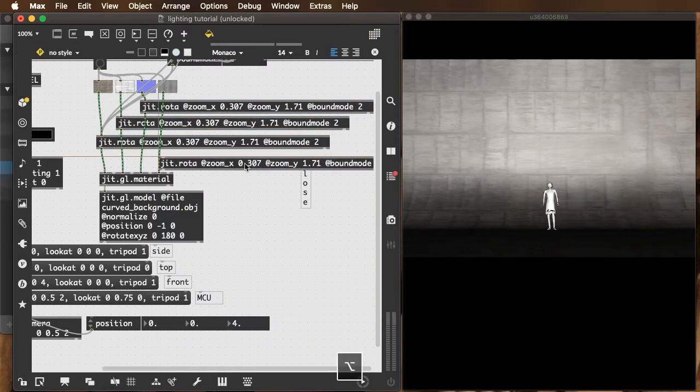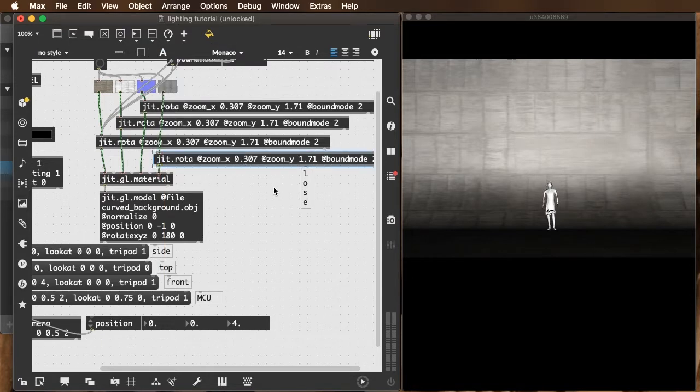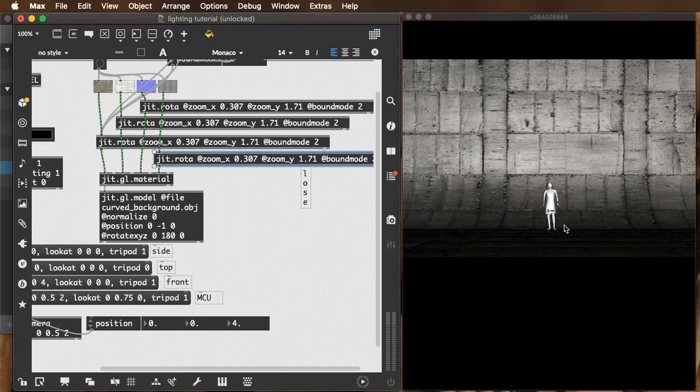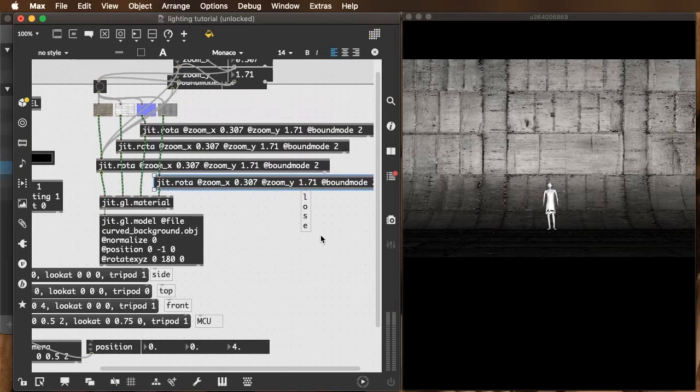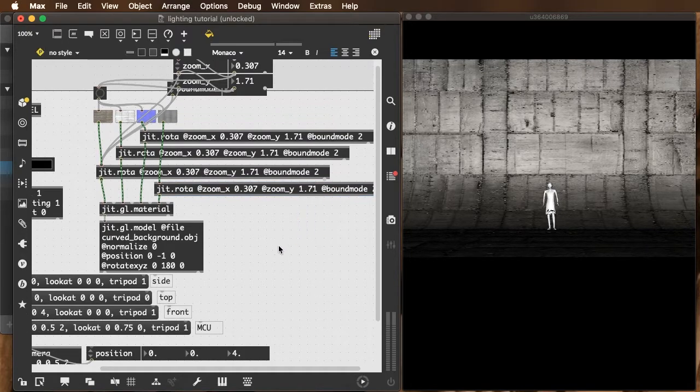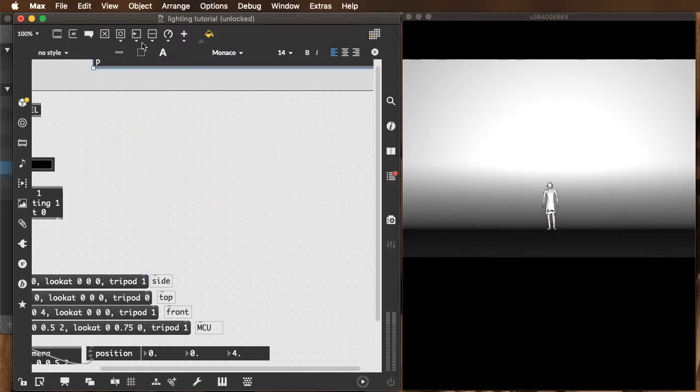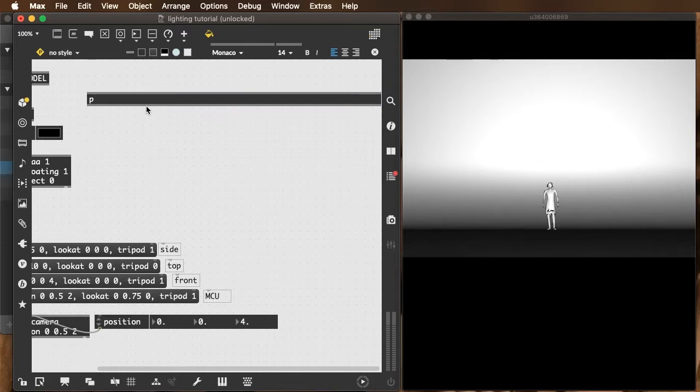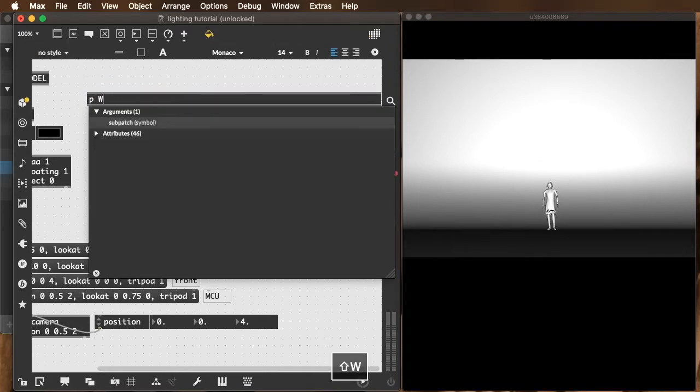Option click, drag to copy. Release option, hold down Shift to insert. And now, when I click this, I've got my fully textured back wall there. This is, of course, a big mess, so I'm going to highlight it all, encapsulate it, call it wall,